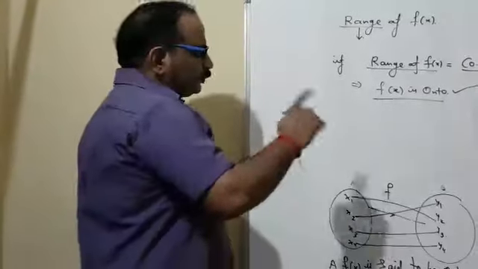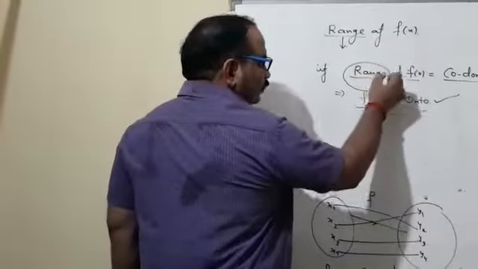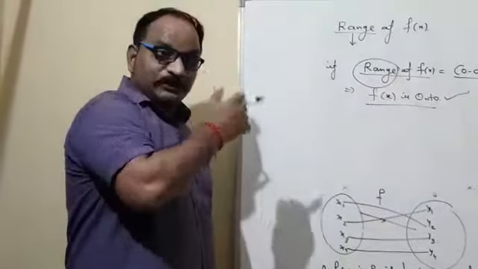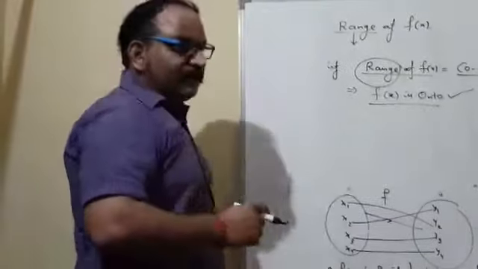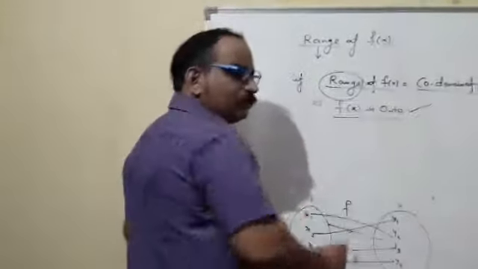So in order to prove any function is onto, we have to do only one thing. We have to calculate the range of the function, because the codomain is already given in the question itself, so there is no need to find that out. After that, we have to compare whether they are equal, then only we will say the function is onto.